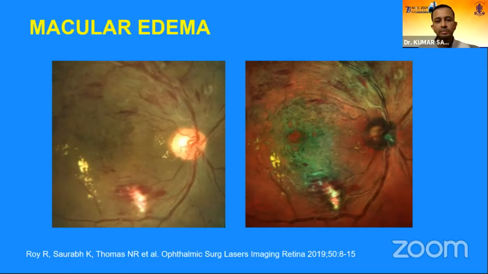If we see the multicolor image of this eye, we see that the macular edema is very nicely depicted by the greenish hue in the center of the macula. And it is just a matter of thought that if we could use multicolor imaging rather than color fundus photography for mass diabetic screening, then probably we'll be able to pick up a lot more macular edema patients even without doing OCT. That can be a mass utility of multicolor imaging here.